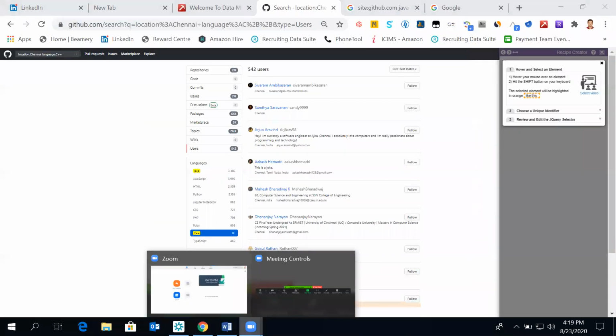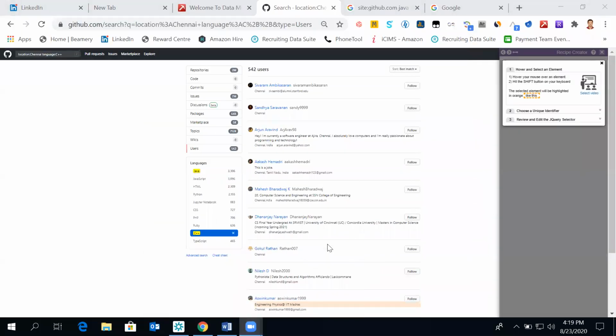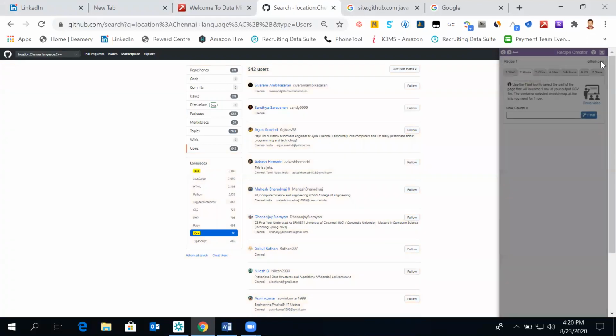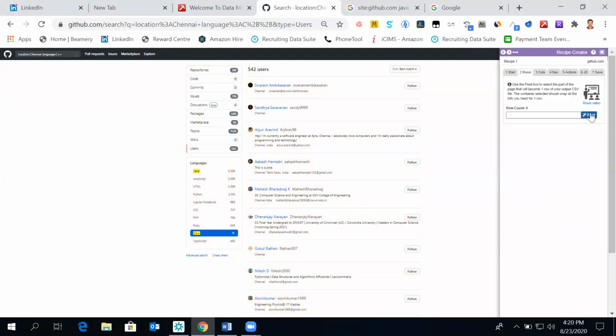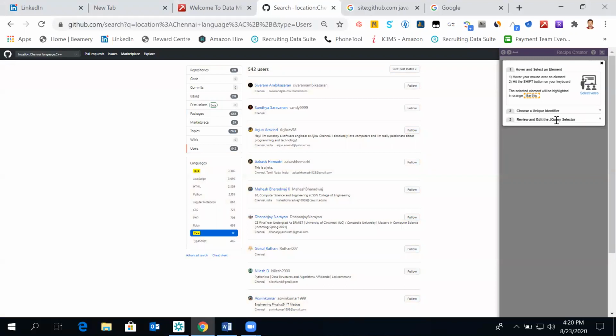I need to see. Okay. Now, what we have done is we just clicked on find. So after clicking on find, we need to identify the elements over here.